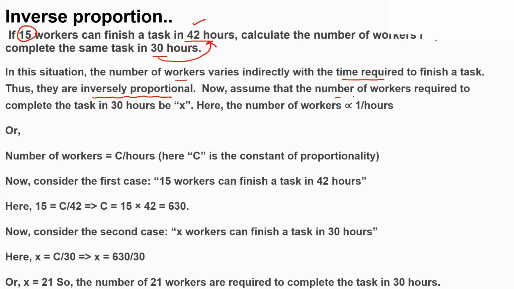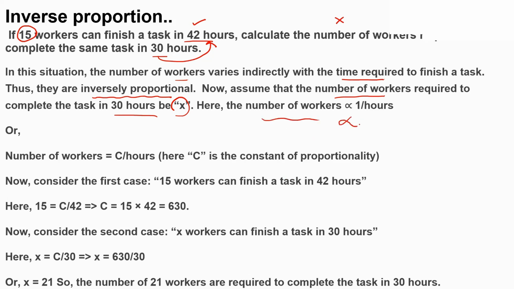Assume that the number of workers required to complete in 30 hours will be X. I'm taking the number of workers as X. They are completing the task in 30 hours. The number of workers is inversely